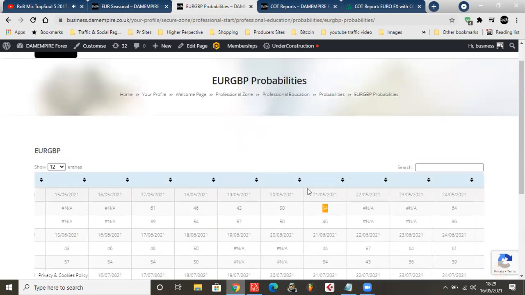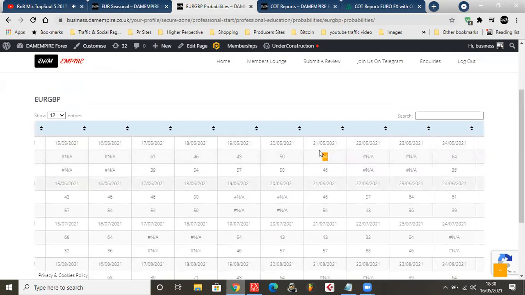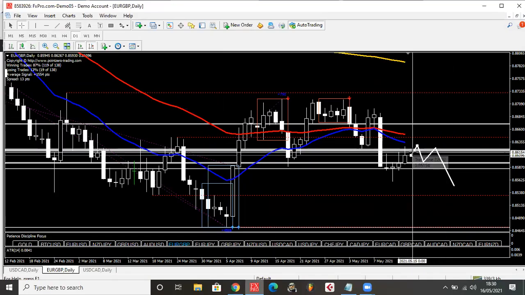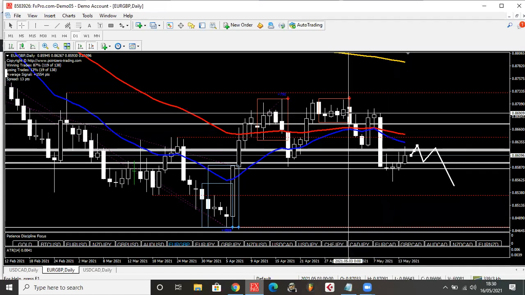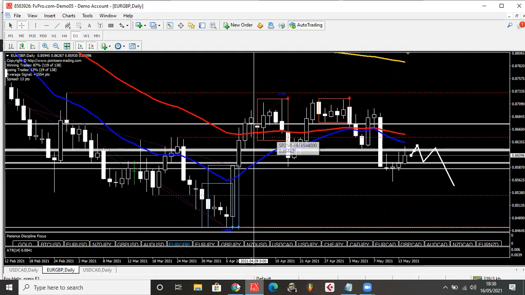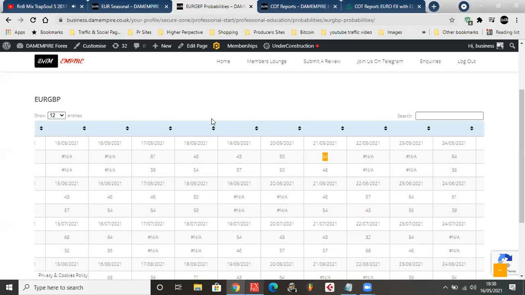But this already gives a risk to it. So now I can say, you know what, I ignore the probability and I want to brave it and go with the way I'm suspecting. So this is where price action, experience and technical analysis come into play, when all the fundamental tools do not align the way you want them to. So you probably have to just kind of brave this one out.